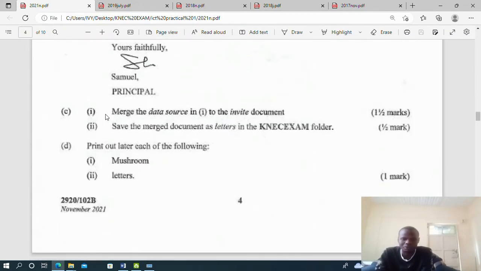Okay. Once I save, I go back to the question now. C Roman 1 says merge the data source in one to the invite document. Then 2, save the merged documents as letters in the next example. So you're going to do two things. You're going to do mail merging, that is to merge the data source. Merging the data source is 1.5 marks here, but it does not mean that you copy the other one and then bring it to the